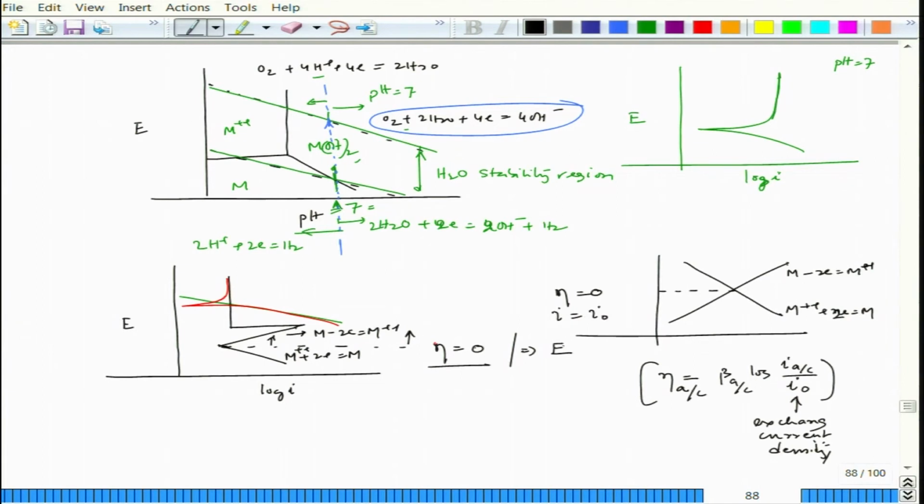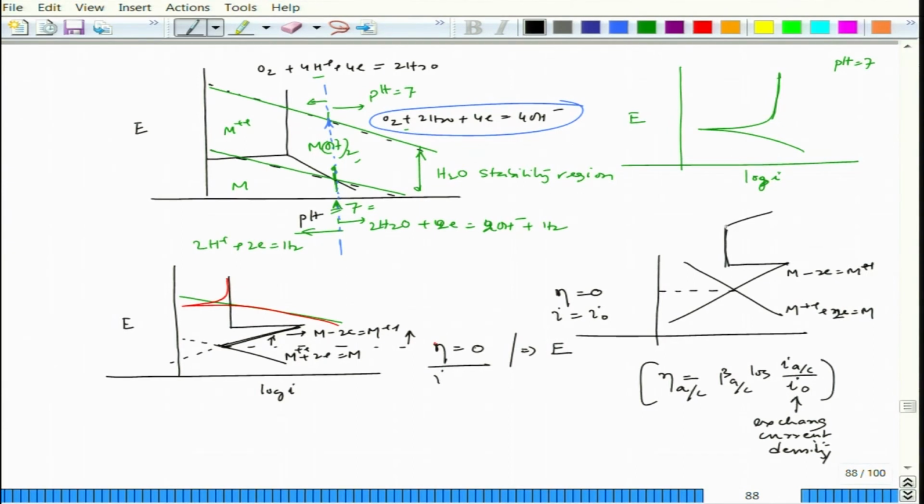So that means this point corresponds to, if you extend this, these are the two lines. Okay. So, like this. Now if you try to extend this line, which is basically the theory of passivation, that polarization part of the anode, at some point of time it will start bending backward and then go upward, and then at some point of time it will break. It will just go like this.